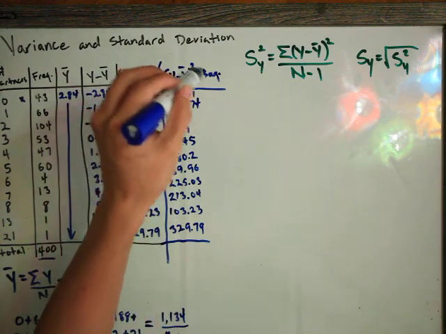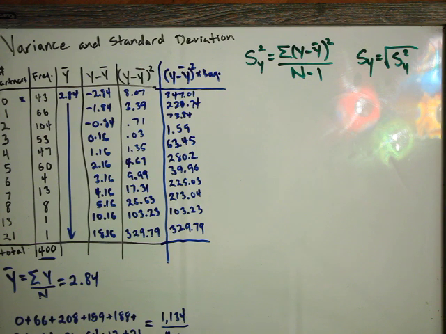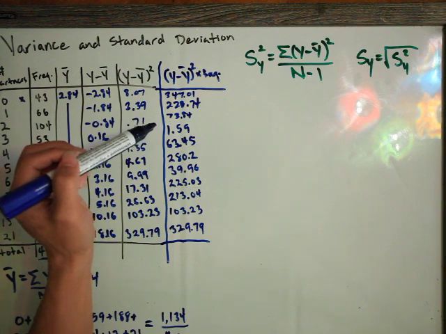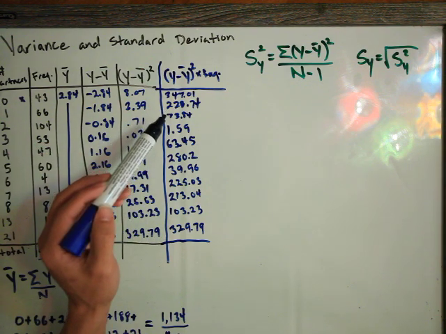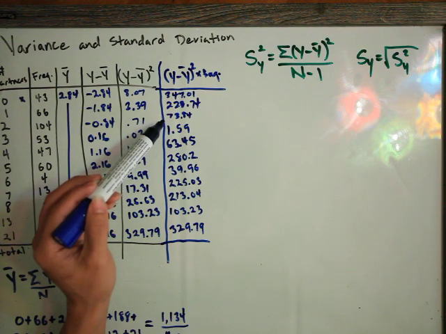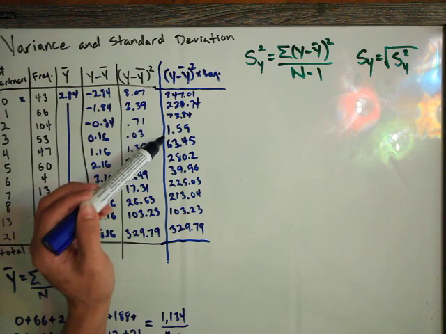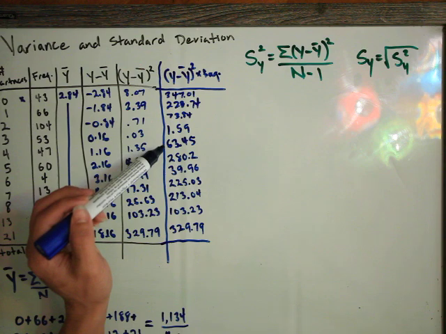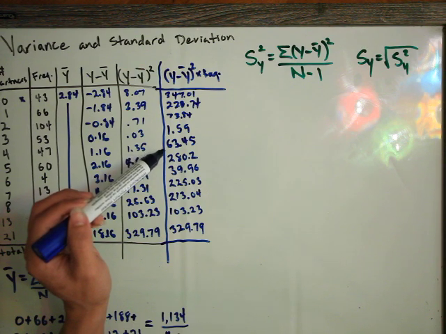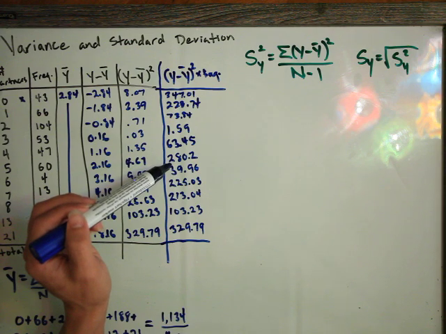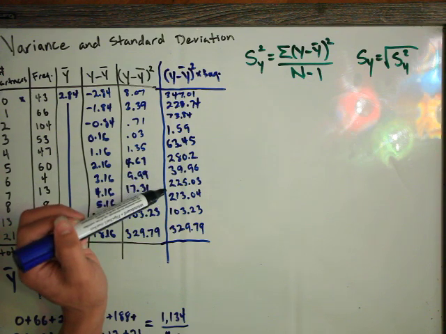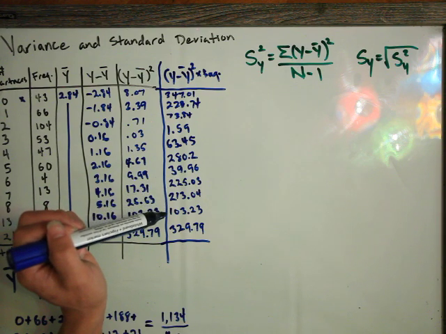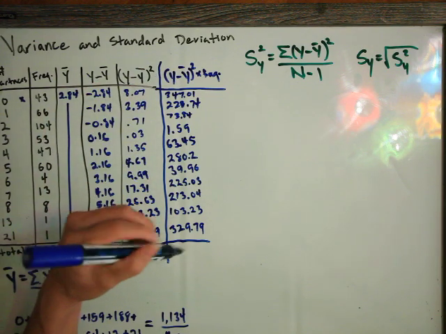in the y minus y bar squared times frequency column. So let's go ahead and do that. 347.01, 223.74, 73.84, 1.59, 63.45, 28.02, 39.96, 225.03, 213.04, 103.23, and 329.79. So that gives us a total here of